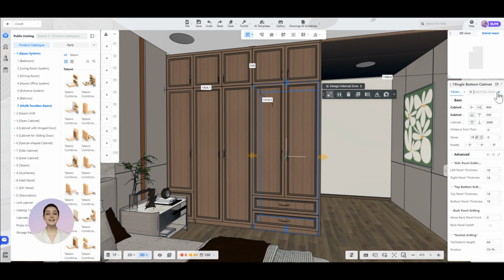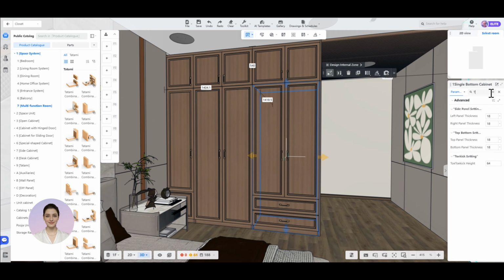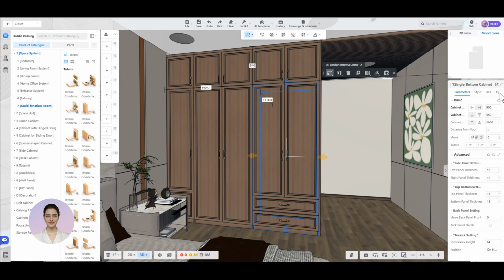The Parameter panel has a search function. You can search for parameter name or value to filter out the corresponding parameter column, making parameter adjustment more efficient. The font of the parameter column will be bolded if the parameters have been manually modified, which is convenient for users to review the model and the solution. You can also click the upper right corner to reset to clear the bold style.